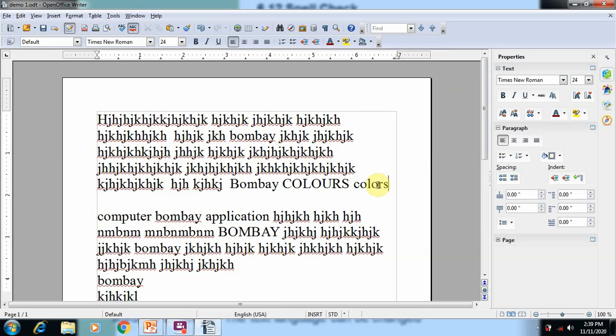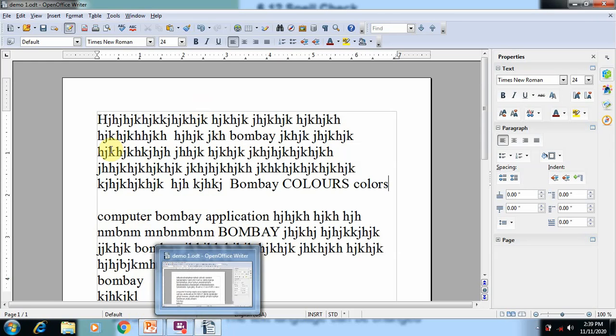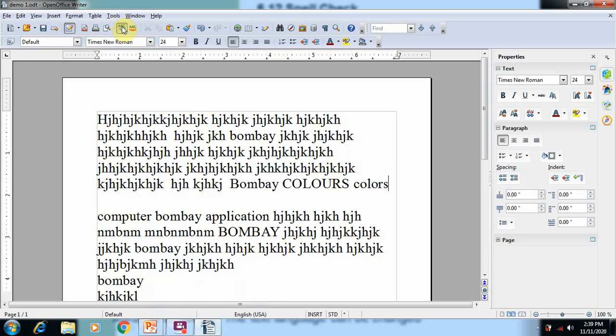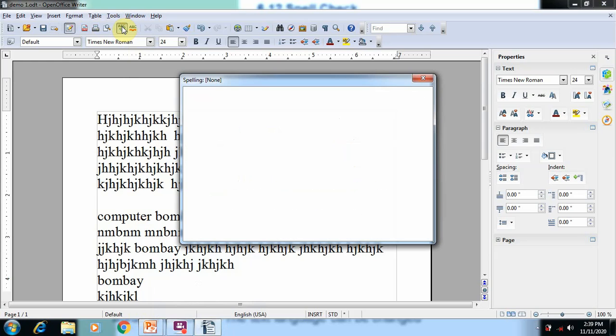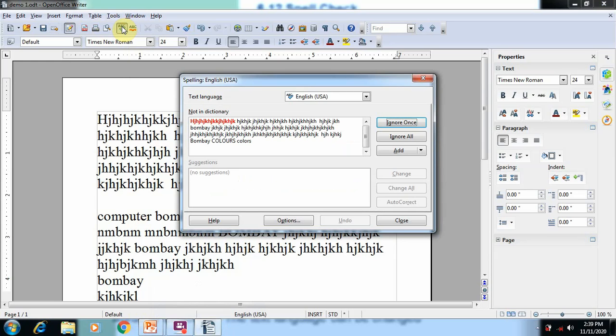Now we are going to see the next option called the spell check icon. Assume the auto spell check icon is off, and you want to find whether there is any spelling mistake in the whole document. Then you can use this spell check dialog box. The spelling and grammar dialog box icon is available in the standard toolbar. When you click this button, you can see a spelling dialog box will appear and display each and every word